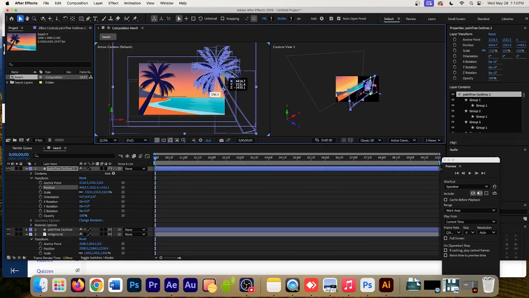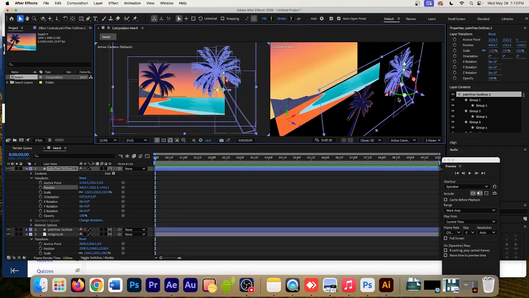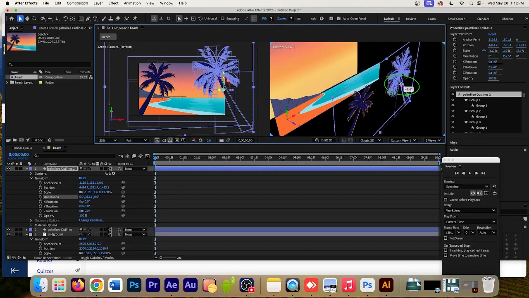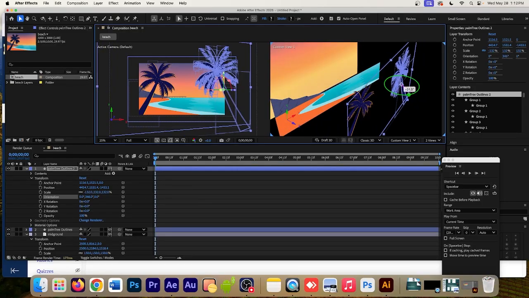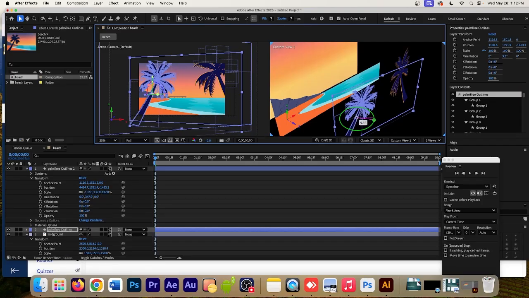All right, and I'm also going to turn the tree just a tiny bit. There we go. Not too much. And that's a cool thing, guys. It's almost like you're setting up, if you really want to make a really cool, fun scene, that's the way to do it. All right, so